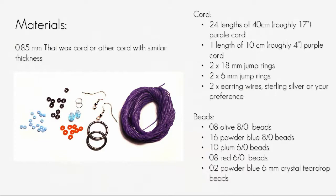fit. A great cord alternative that worked for this pattern is Tex 400 Ceylon cord. You will have to replace any double-strung 8/0 seed beads with 6/0 seed beads, as the Tex 400 is a little too thick to fit through a bead twice. On the next page, I have explained in more detail and have lined up a few cord alternatives and links